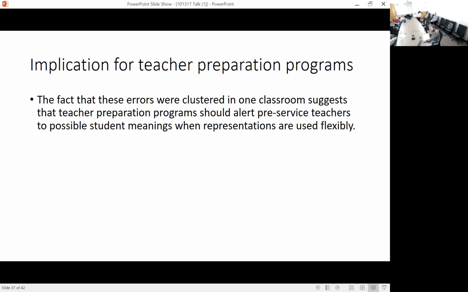Yeah. So let's see. The other thing here is that the errors were clustered in one classroom, which suggests that maybe teacher preparation programs could alert pre-service teachers to possible student meanings when representations are used flexibly side by side. A key point for teacher education is that students can have conjunctive meanings for representations. In such a meaning field, a representation might mean more than one thing in a given context. So each new meaning for a representation actually exponentially increases the number of possible meanings. For some students, representations may be linked with debilitating cognitive load because hybridization leads to a large set of potentially